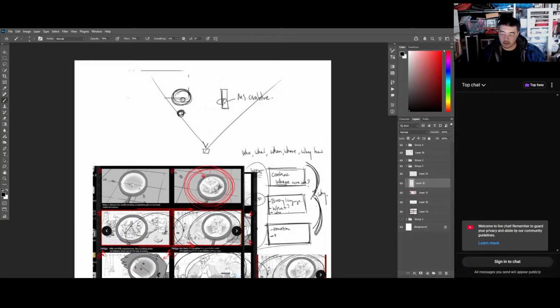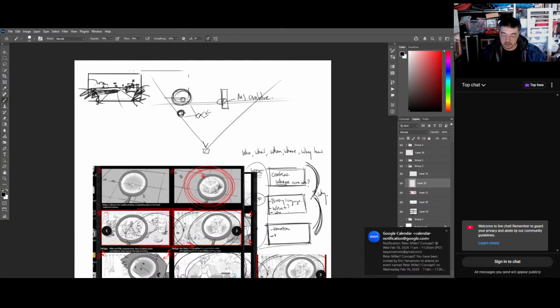So then we get our coverage. We go on to Miss Crabtree right here. This is our 180-degree rule, our line right here. And we're probably going to need another one over here. So let's just see what that looks like. And we just do it simply with thumbnails. So we got our wide shot. There's the woman. Here's the little boy right here. And there's someone digging in that hole. And you could have all your other little kids in the background going crazy. Even have people in the foreground right here going crazy.